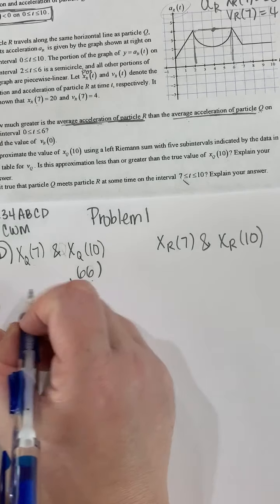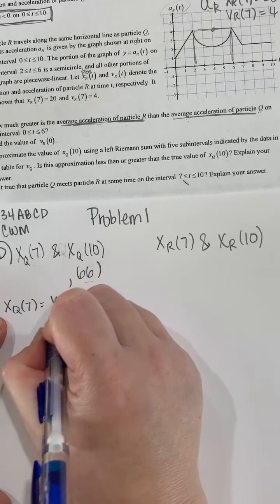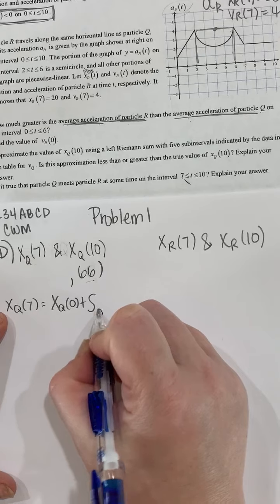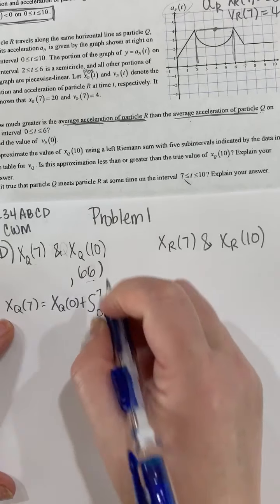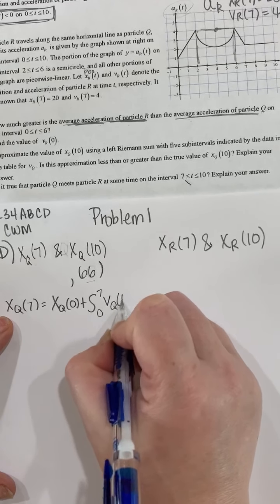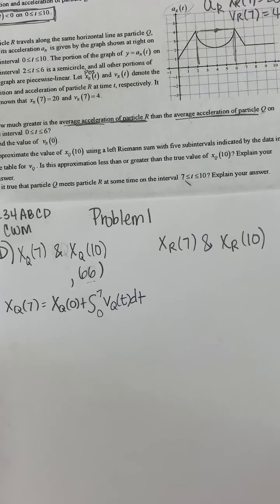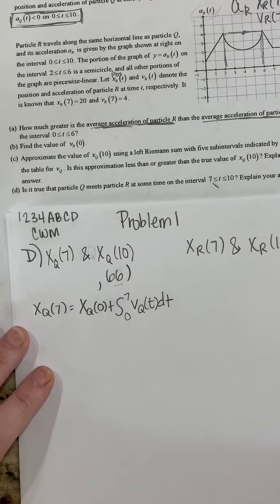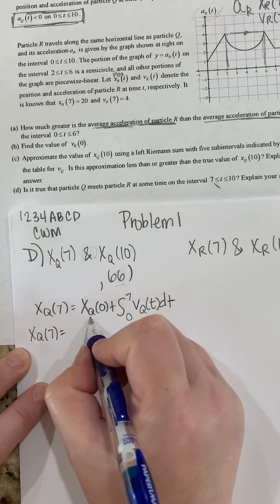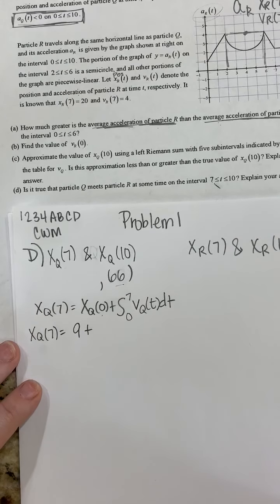Now, what I'm going to do is XQ of 7 is equal to XQ of 0 plus the integral from 0 to 7 of velocity of Q of t again, dt. This was an over approximation, so it's giving me the biggest thing on the right hand. I want the smallest thing on the left hand side. So this is going to be XQ of 7 equals, this XQ of 0 was 9 plus, and if I'm going from 0 to 7,